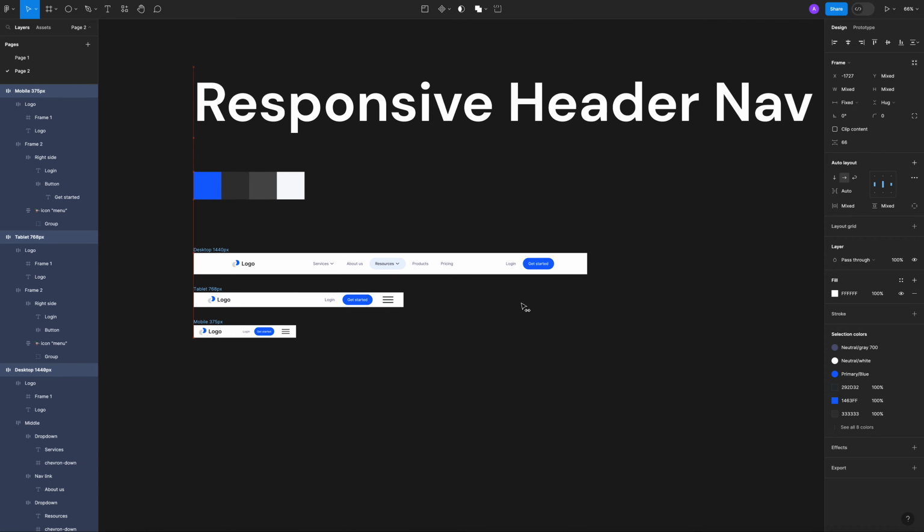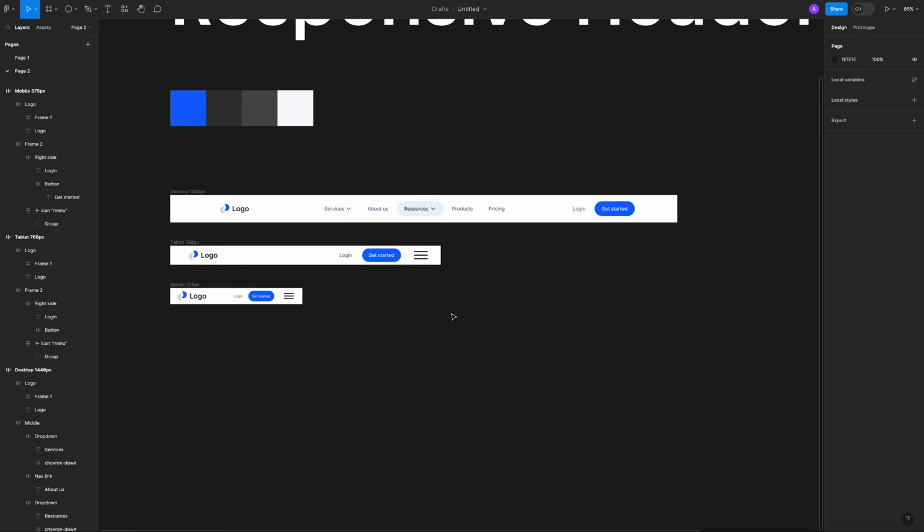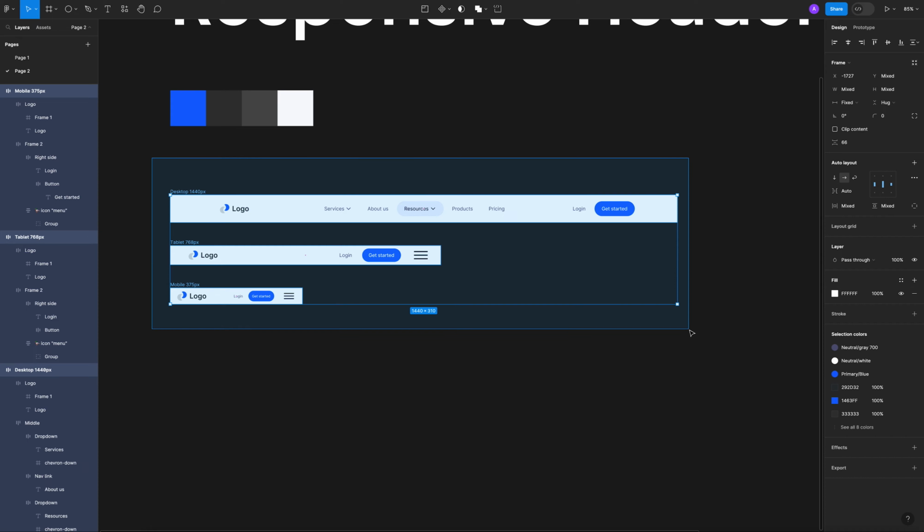Now when we have our header navigation elements, what we wanted to do next is let's group them and let's create variants. I had a lot of questions regarding the variants because many of you guys said that it wasn't clear how to set those variants, so I'm gonna go slow and just try to explain it as best as I can. Okay, so let's select all these elements that we have, 1, 2, and 3,